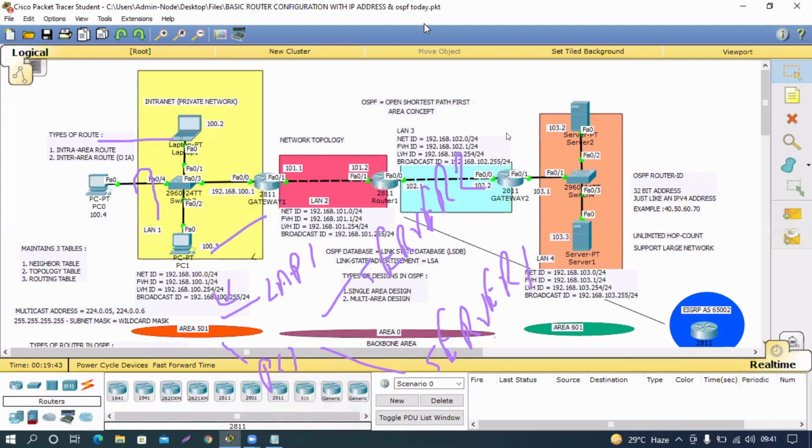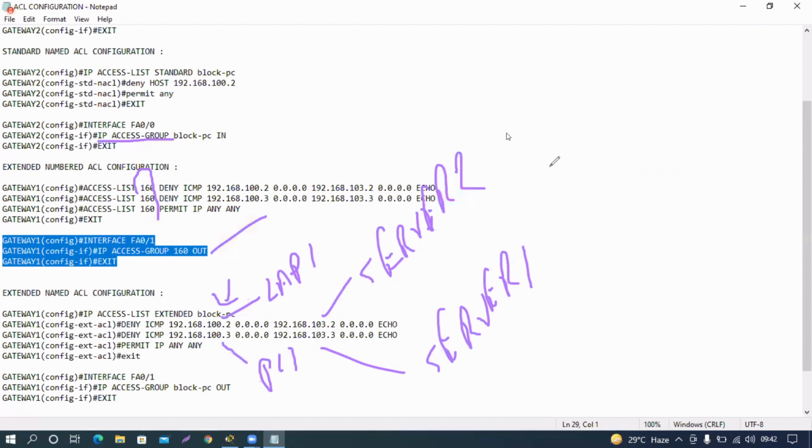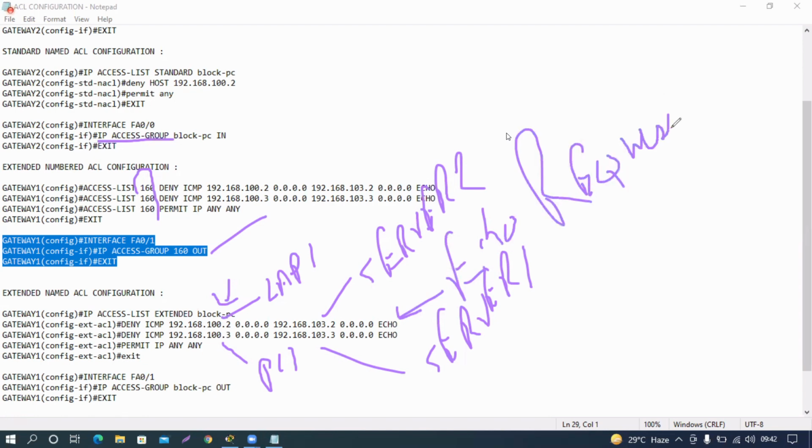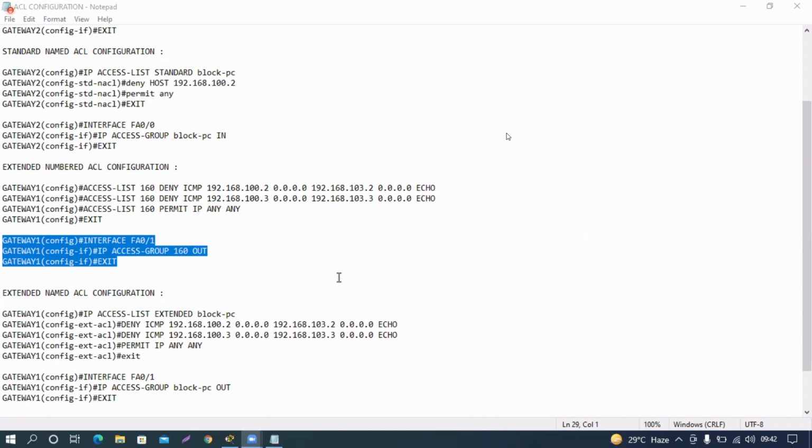Then lastly, we are blocking the echo. Echo, that is your ICMP packet. Always when you are pinging someone, which packet do you send? Request packet, right? So that is your echo request, and this is the echo request that we are blocking. So we are doing the same thing. We are going to F0/1 on gateway 1, and we are saying IP access-group block PC out. Once you do that, these two systems' traffic, that is your ICMP echo packets, will be